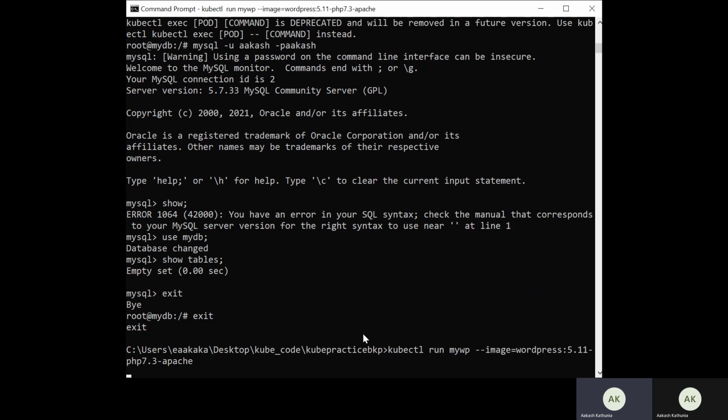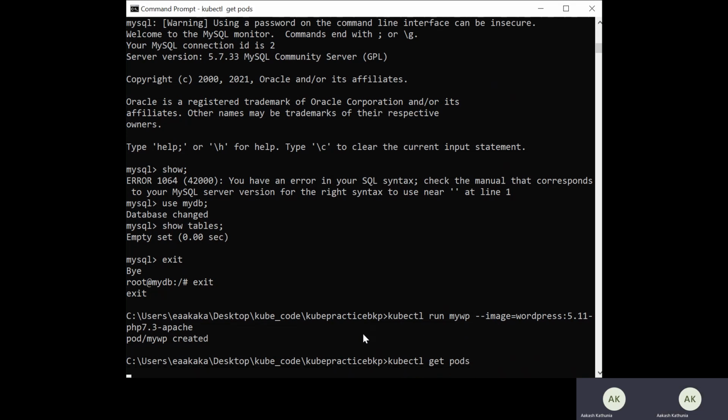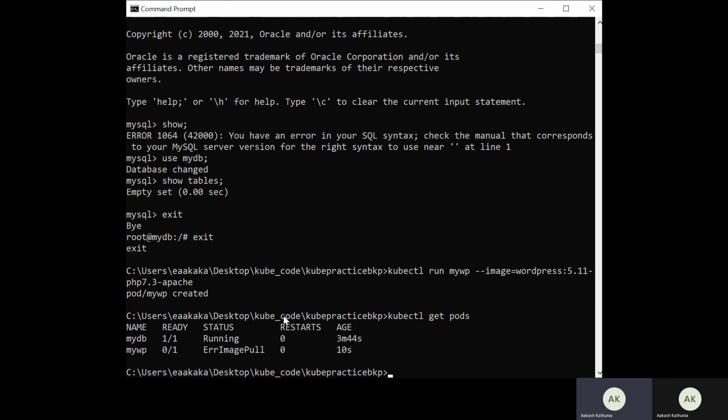Once I run it, let me see if the pod is created, and now let me check the output of kubectl get pods. It is showing the error image full. So there is some issue in the image, and we'll see what the issue is.